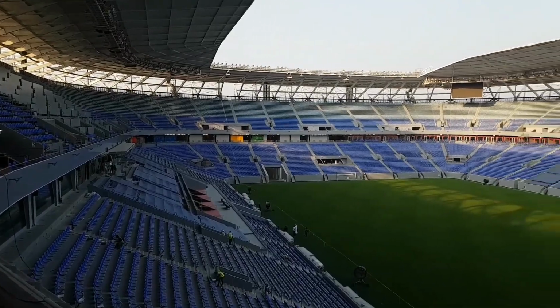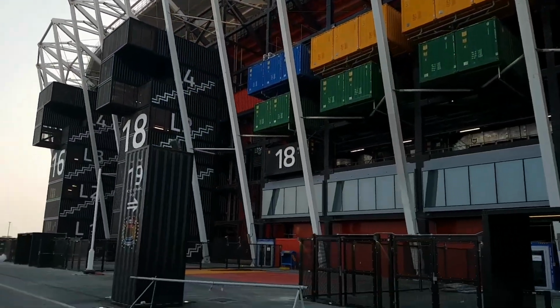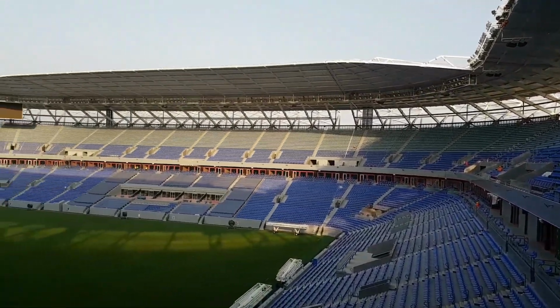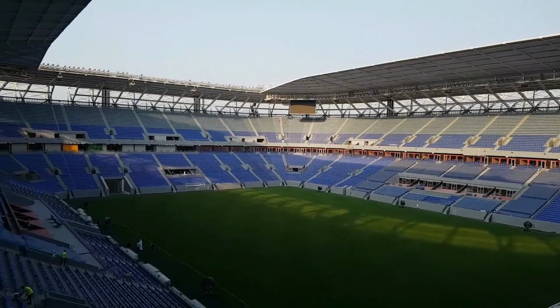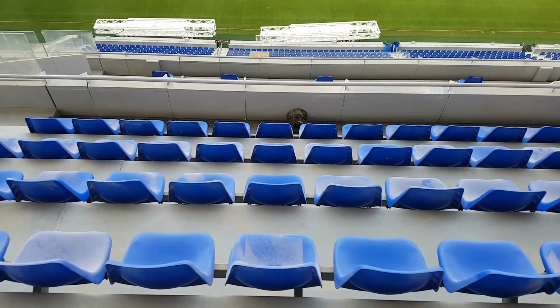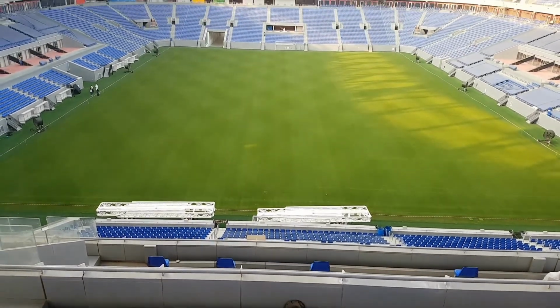It is a 40,000 capacity stadium constructed from shipping containers. Were you wondering why 974 was attached to the name of the stadium? It is the international dialing code of the nation. It is meant to remind the world that Qatar has managed to host the world. It is also a number that represents the exact number of shipping containers involved in the construction of Stadium 974,